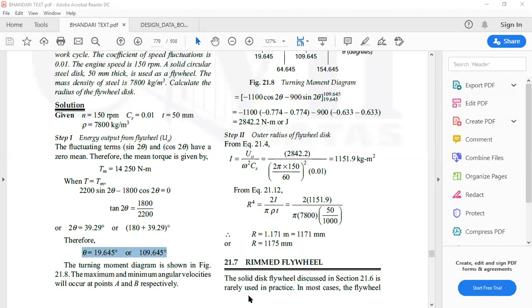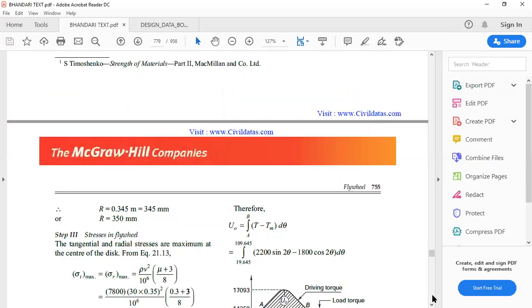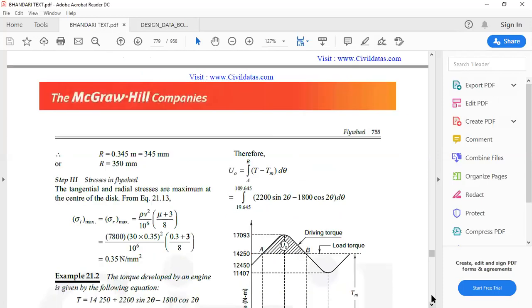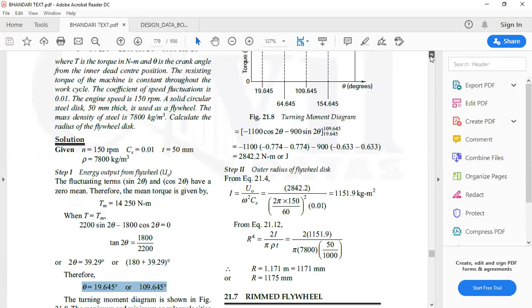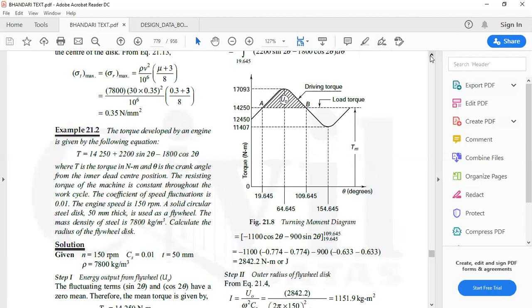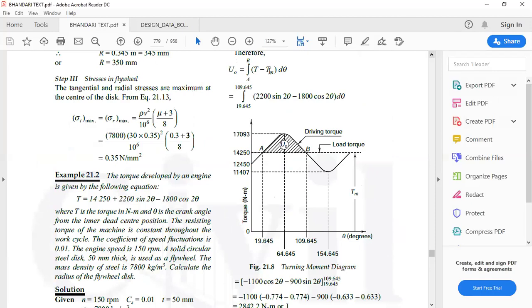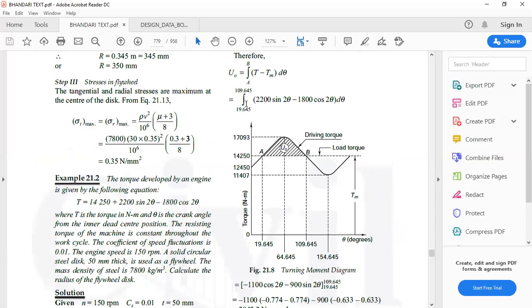This is the maximum torque point that is being obtained. It is just for an idea that we do that. And the remaining methodology, it is the same. Only the integration comes into picture there. It is integration of T minus Tm. That is only the cos and sine value will be there. And the range is this range, the angle between this, because it has to store the energy between these two values. That is the maximum energy and the minimum energy point between these two. So integration between 19.6245 and 109.645 of T minus Tm, that is the sin theta cos theta value.